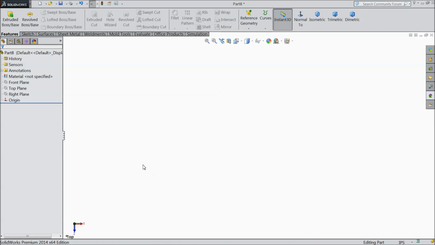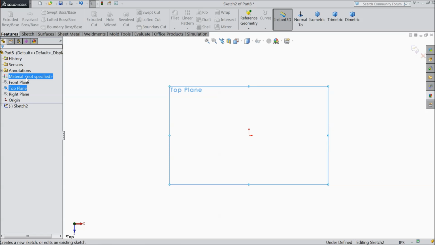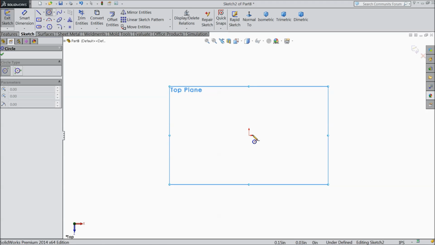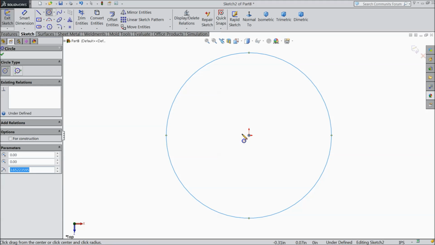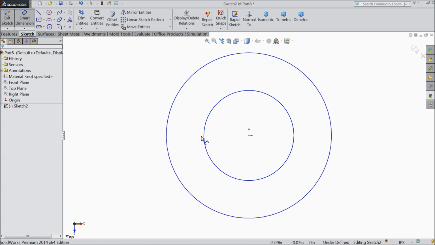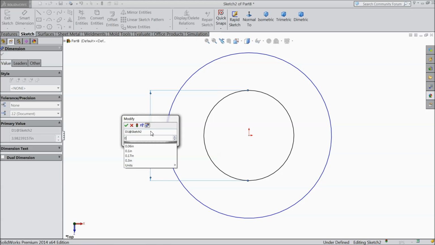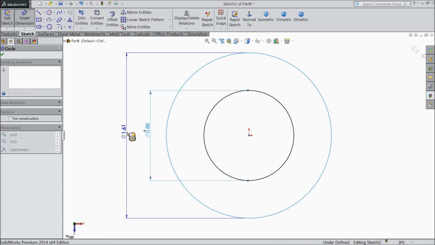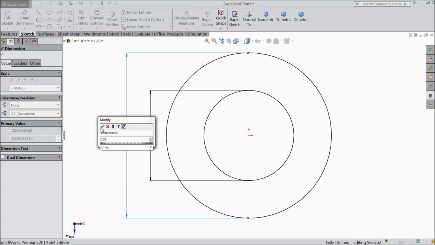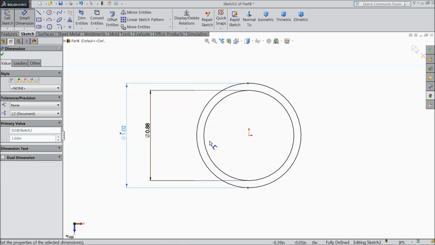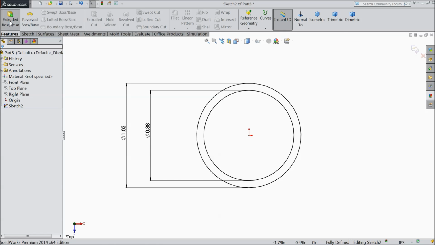Now let's make the next part, handle, part number 7. Choose top plane, sketch and draw a circle here. Draw one more circle. Inside diameter 0.88 inch and the outer one 1.02 inch. That's it. Okay, and extrude it